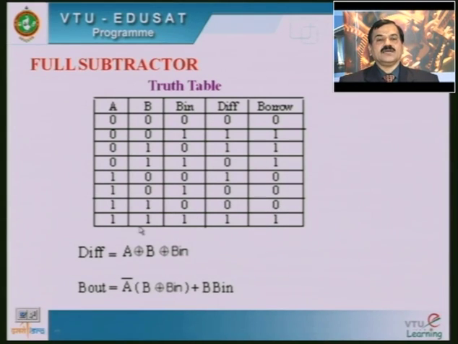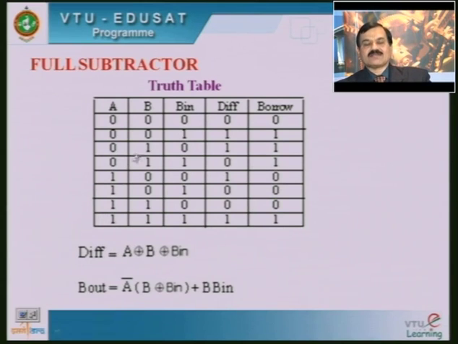In the last stage, if all three variable values are 1, 1, 1, then the difference value is going to become 1 and the borrow value is also going to become 1. For the difference, if you look at the 4 places, it is showing 1, 1. If you write the SOP, that is sum of product, wherever there is a 1, for this and this and this and this, and then make an equation after simplification